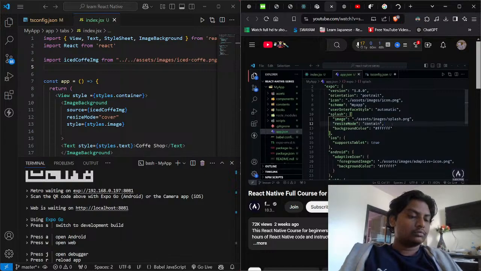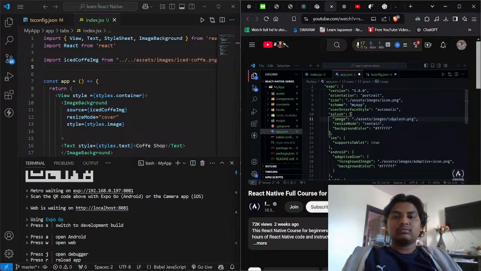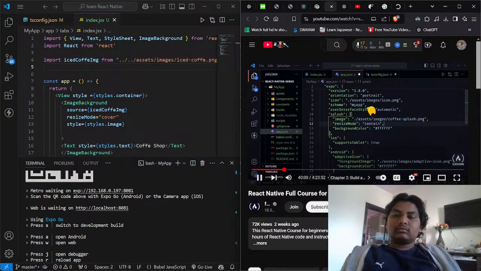Looking page with a little target in the middle, and we can change this. Let's just change it to coffee dash splash, I believe is what the other file was named. And now I also want to change this setting. I think we